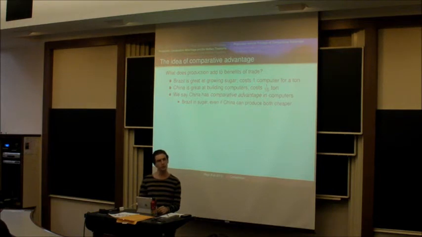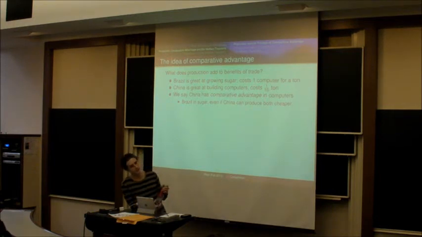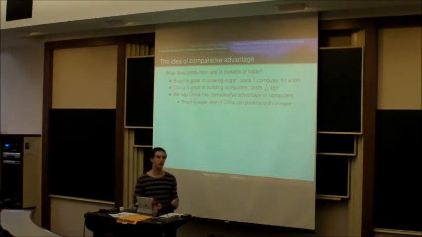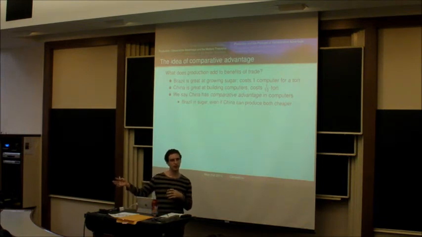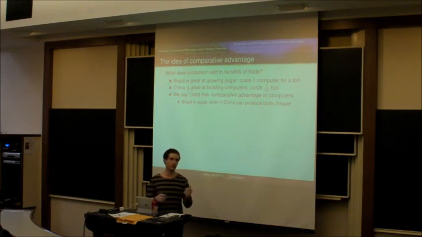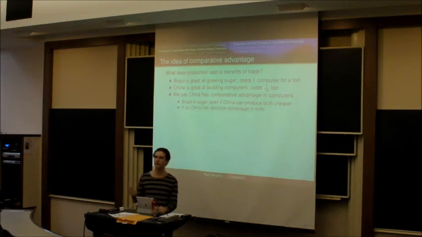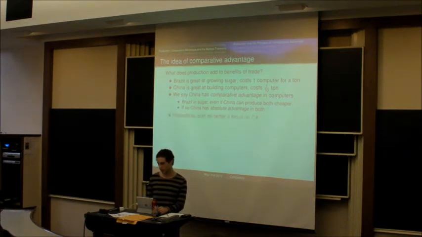Even if China can produce both more cheaply, yeah. That's what I was going to ask. Yeah, so imagine that China can produce both more cheaply in dollars, but that the amount of sugar they have to give up to make a computer is smaller. In other words, the number of computers they'd have to give up to make a ton of sugar is greater, right? So even if China has an absolute advantage, which isn't really true, but even if they were better at growing sugar than Brazil, if they have this comparative advantage in making computers, then they're going to want to specialize in that. And the reason is that,